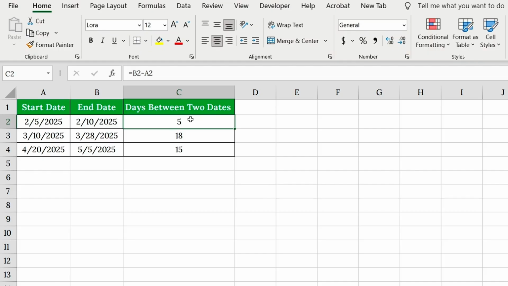So now you know how to subtract in Excel, whether it's numbers, dates, or full columns, Excel handles it with